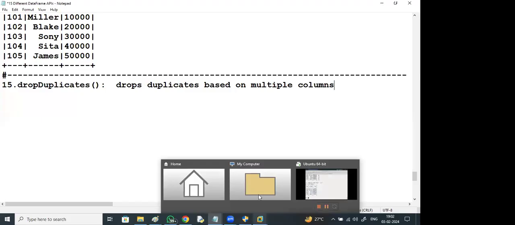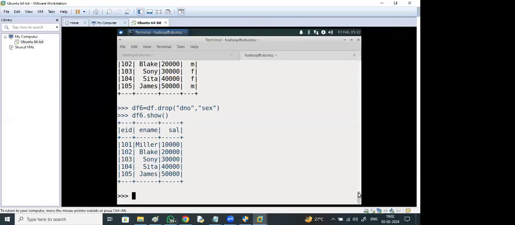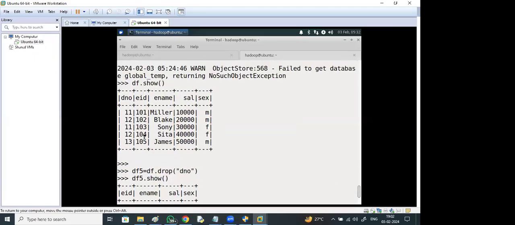For example, if you see this 11M, 12M, 11M, 12M.